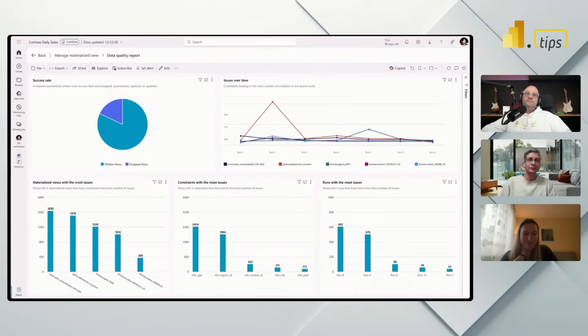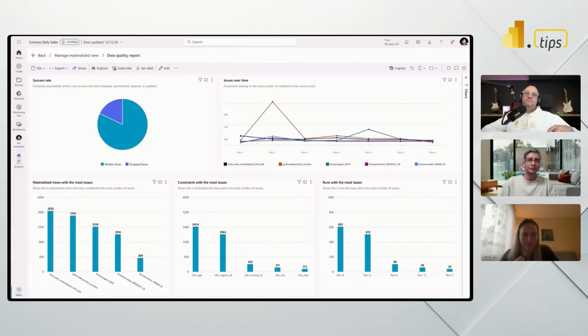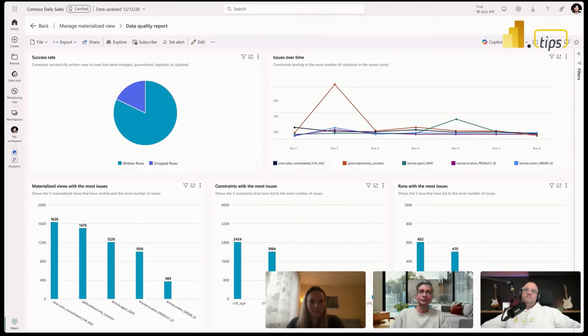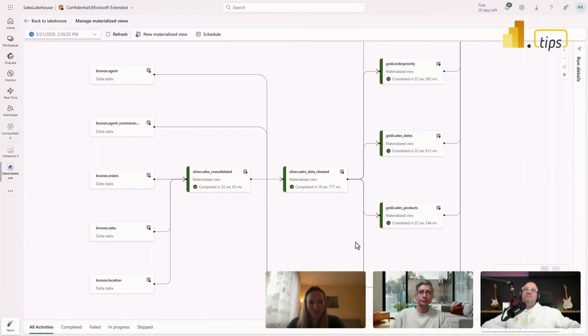And if I ever need a more consolidated view of how things are running and what sorts of issues I'm hitting, I can also navigate to the built-in data quality Power BI report, which shows me all the aggregated metrics I care about. Okay, so let's fast forward again. I've gone ahead and fixed my